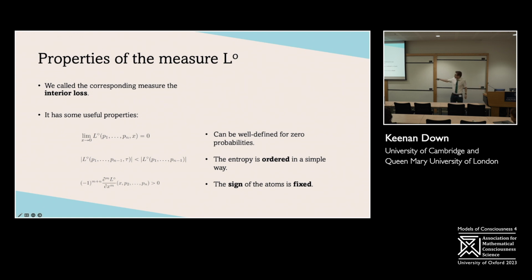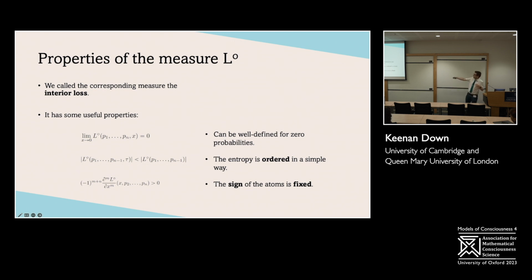We have this really nice ordering relation on the contribution to the entropy. So if you're thinking about edges on triangles, the entropy associated to the face has to be smaller than the entropy of all of the edges. And so on, going up into these higher order interactions, they have to get essentially a smaller and smaller contribution to the entropy.